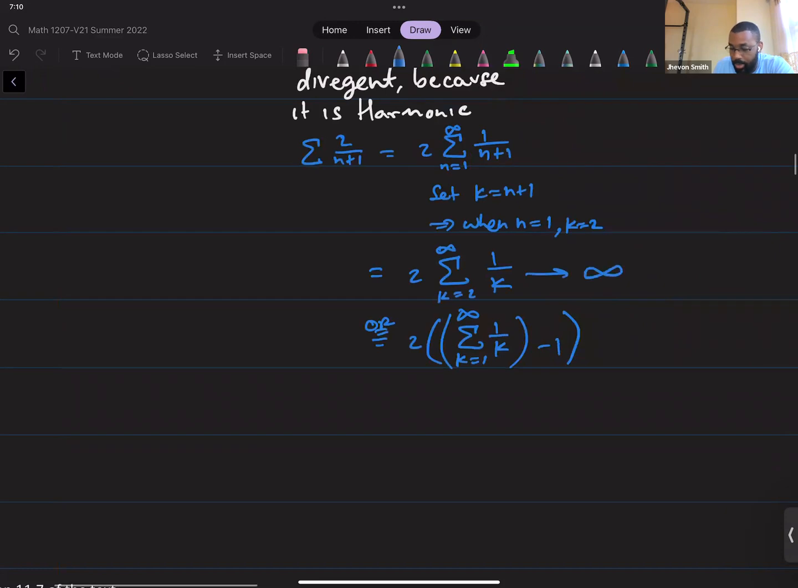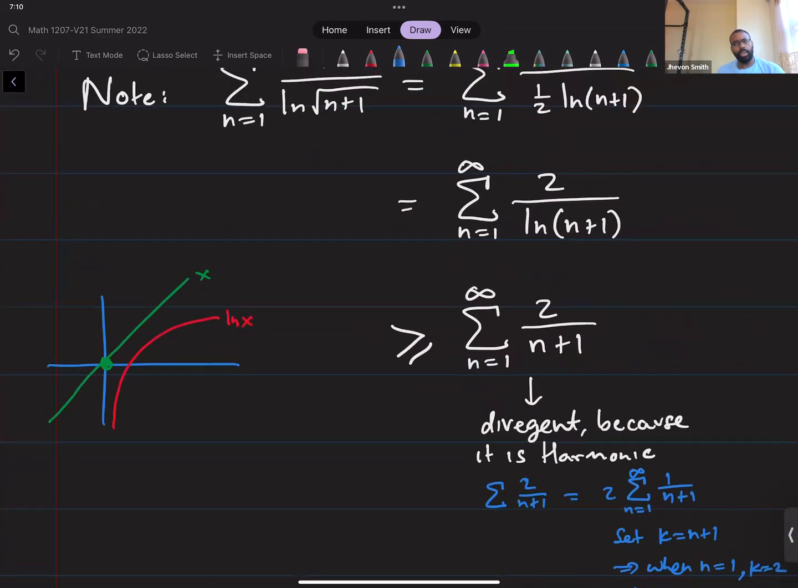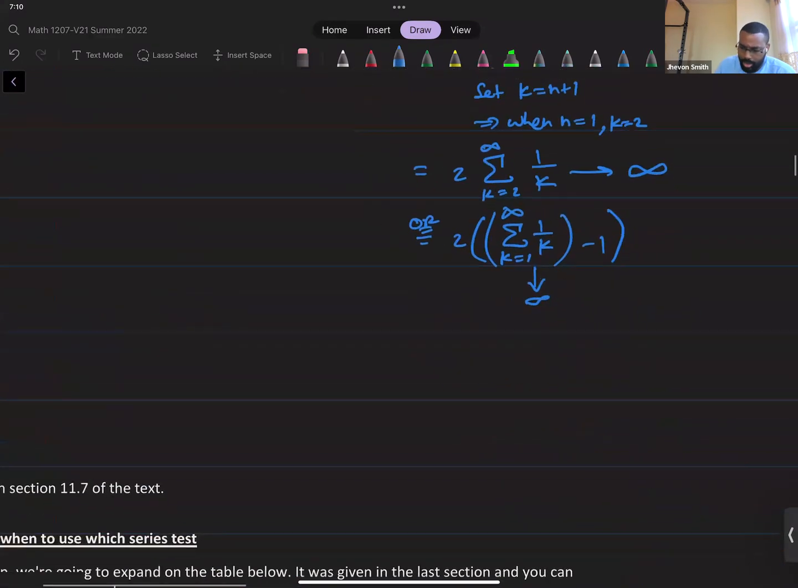So this goes off to infinity because we know the harmonic series diverges, and then you're subtracting 1. But either way, it's harmonic. So we actually know that this guy will diverge. You could also know that it diverges by the integral test. If you do the integral test on this,